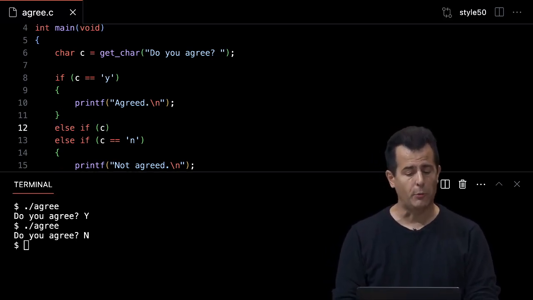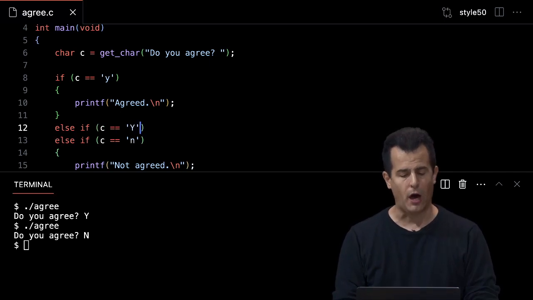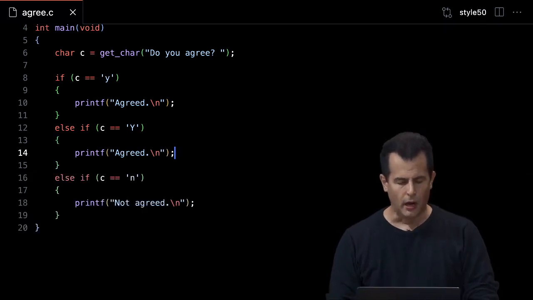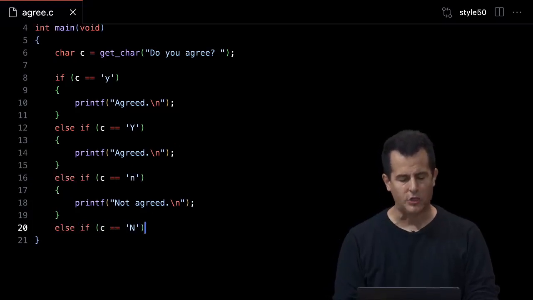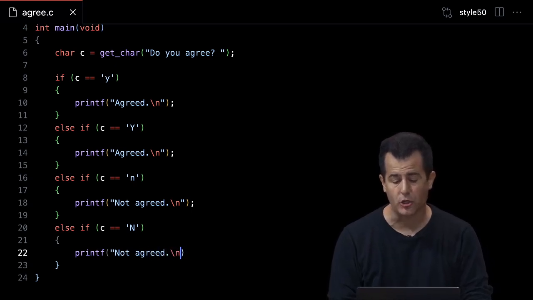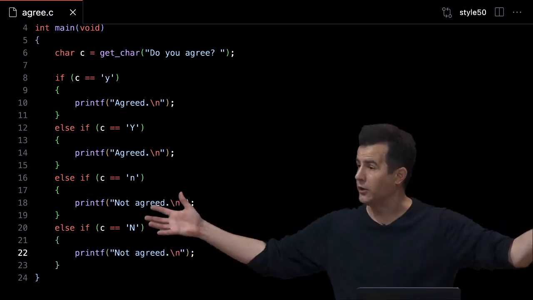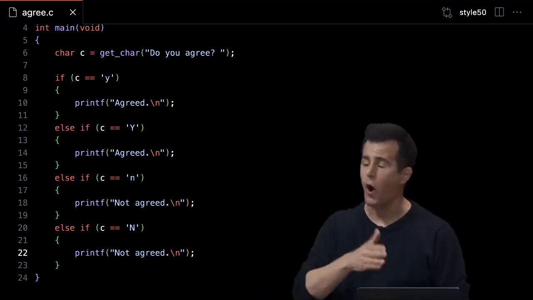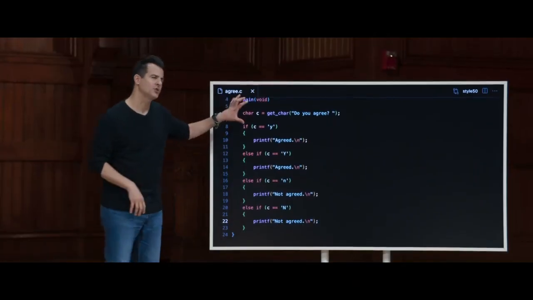So if variable c equals capital Y, then I can go ahead here and say printf agreed. And then let me close my terminal to make more room. Otherwise, down here, else if c equals capital N, let's go ahead and again say printf not agreed. And I claim that this would actually now work. It's a four-way fork in the road, but I'm at least checking for lowercase, uppercase, lowercase, uppercase for Y and N respectively. I claim that this is correct, but this too, even if you've never programmed before, should start today to